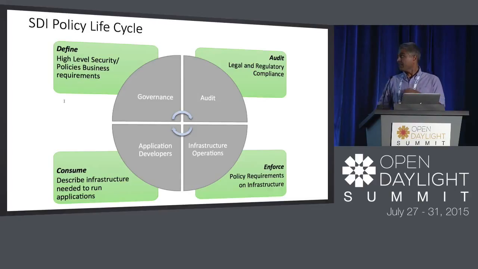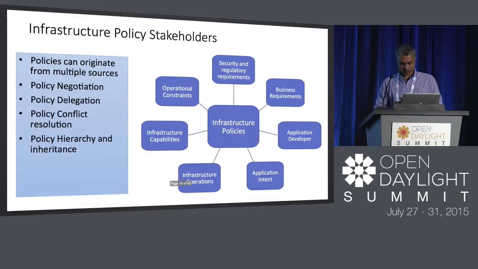In at least a traditional IT department, or any kind of organization, you will have the governance separated from the audit, separated from the developer, separated from the operations. These are just how it is right now. But for example, the developers and operations might get together more and more. This is the whole DevOps and things like that, right? But I'm just showing that the four roles are usually separate in a typical organization, right?